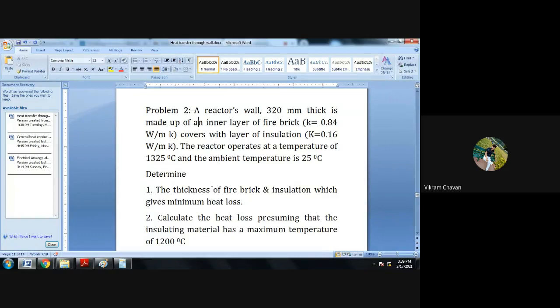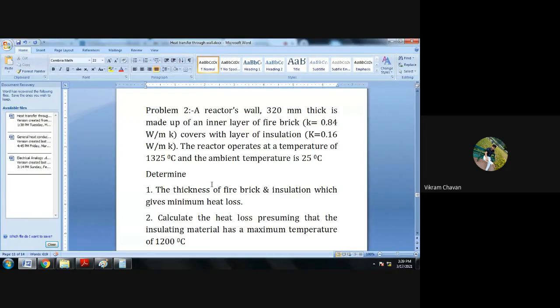So the complete thickness of the reactor wall is provided and it is equal to 320. A reactor's wall 320 thick,